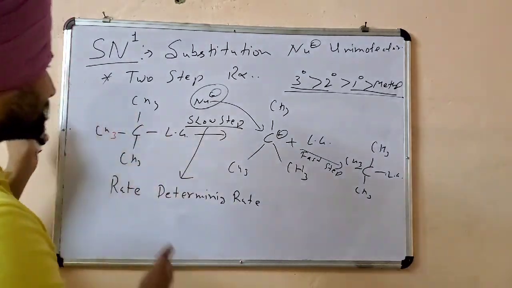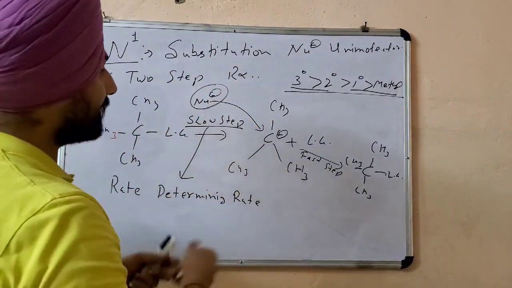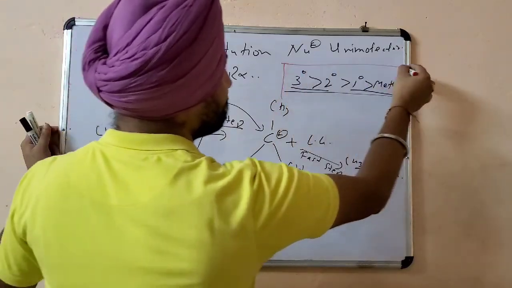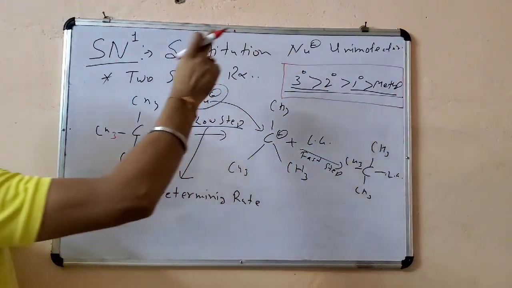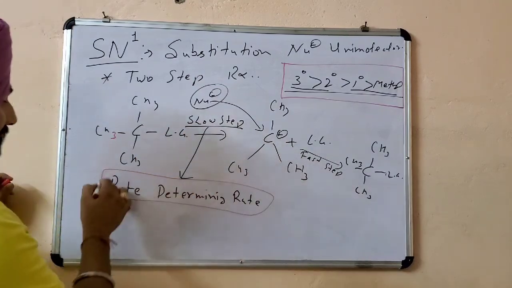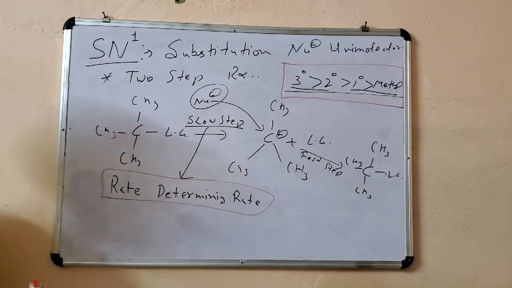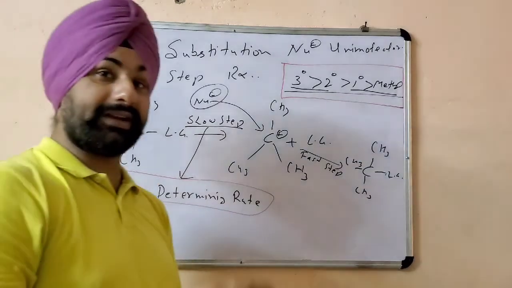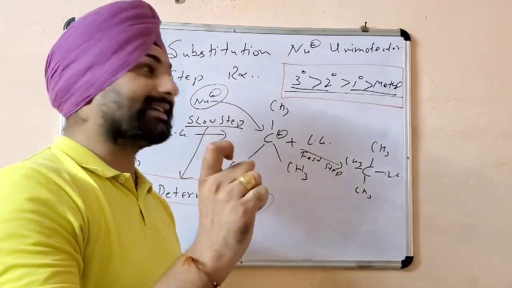So let us discuss this mechanism. So this is the important thing, the order. इसका ध्यान रखना SN1 के लिए. It is opposite to the SN2 mechanism. The first step is the rate determining step. This is the same thing which we have discussed earlier in the chemical kinetics chapter, where the bond, that is, I guess the collision theory.